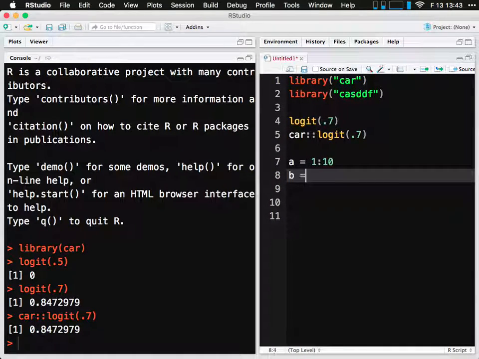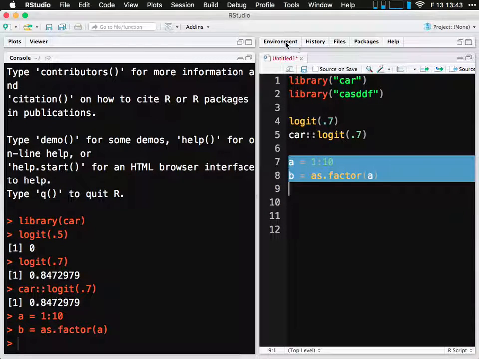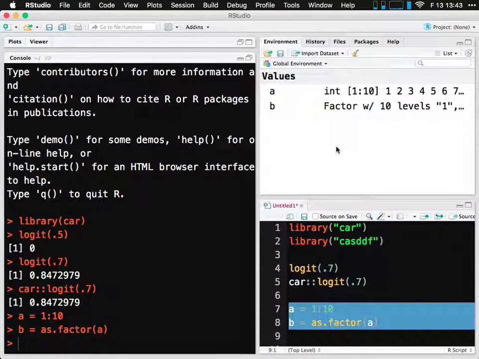And I'm going to create a new object B, which I'll put as.factor of A. So I'm going to run this little bit, and I'm going to look at my environment to see what these things are, what it shows them to be. So A,